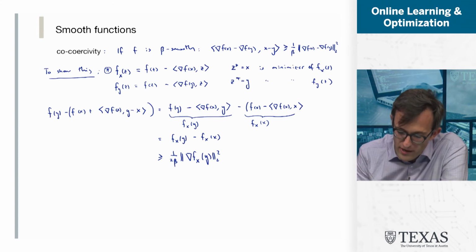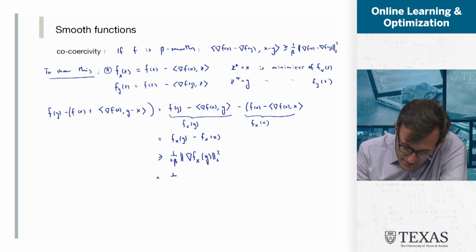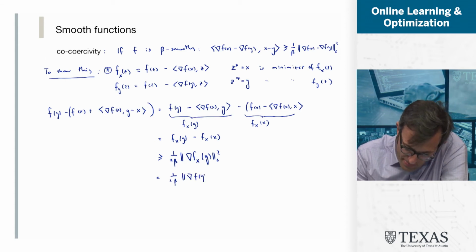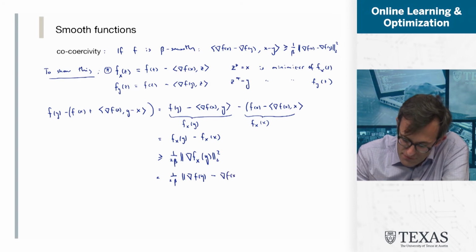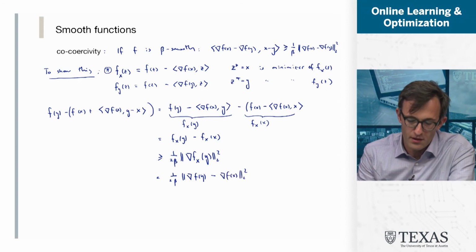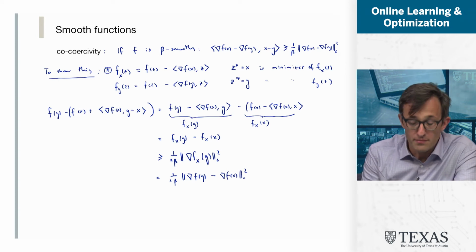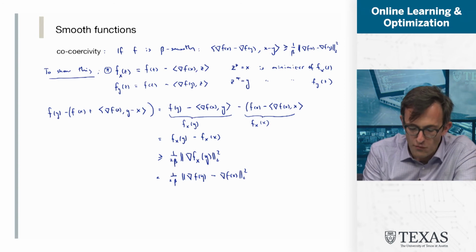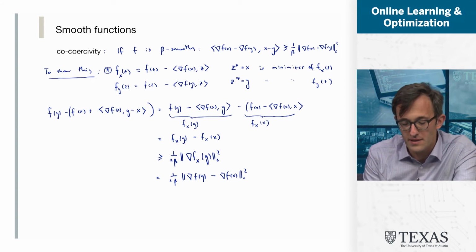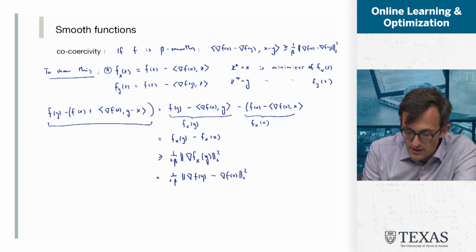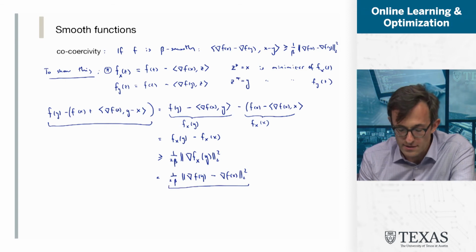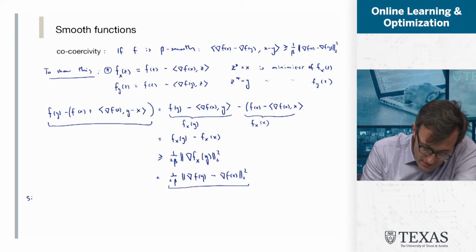And now plugging in what the gradient of f_x is, I find that this is equal to the gradient of f of y minus the gradient of f of x, just by definition. Okay, so we're not quite there yet, but we're getting there. So I have derived that f of y minus f of x plus gradient of f of x times y minus x, that's this term, is lower bounded by this. But now I can flip the roles of y and x and also get,